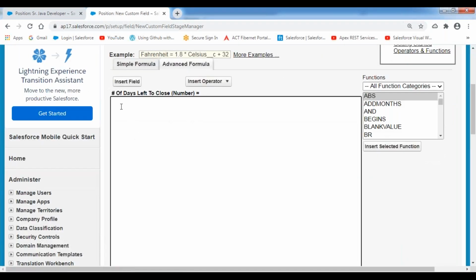So what is the formula over here? Suppose, for example, my salary crediting date is the 31st of this month. I will get the salary on the 31st, the last working day. 31st is some Friday, so that day I will be getting the salary. Today is the 17th. Then how do you know how many days are left? You deduct 17 from 31. So you will have 14 days left to get the salary. So we are going to be collecting that value.